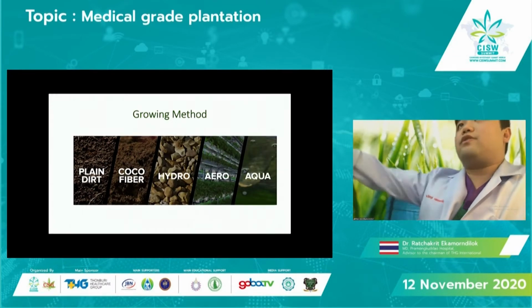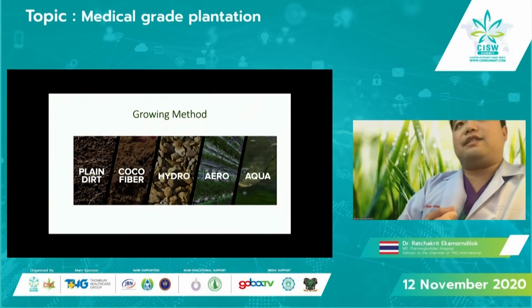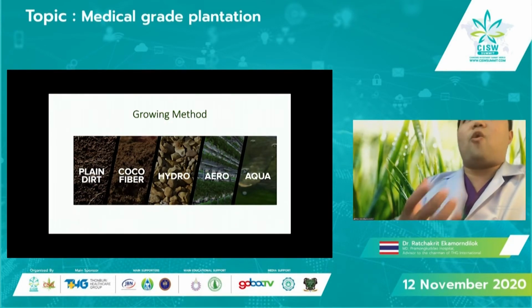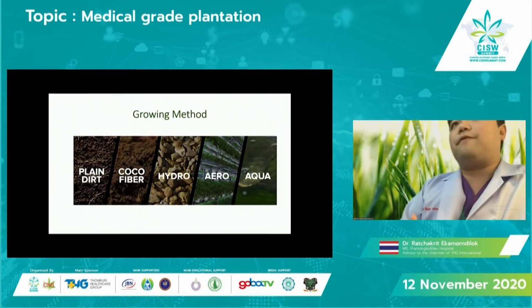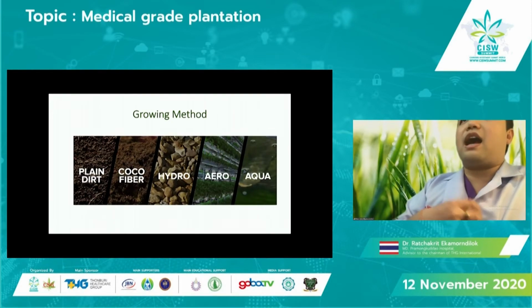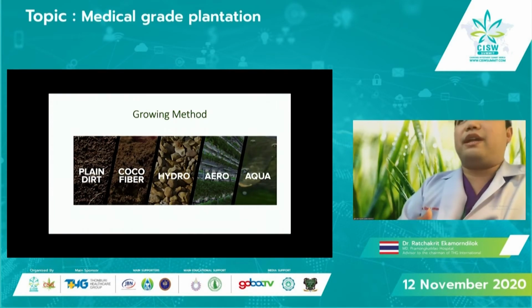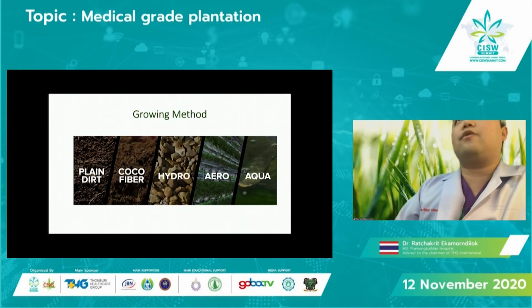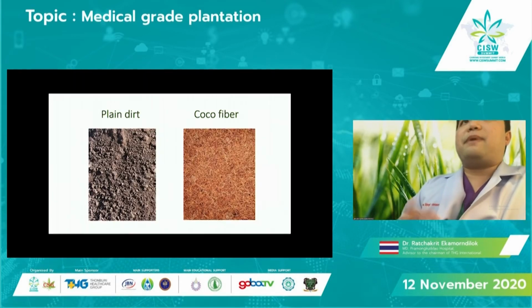The next one is the growing method. What you choose for the growing method is, you can grow on soil, in a planter, or in coco fiber. You can grow in hydroponic, aeroponic, and aquaponic. This time I'm not talking about aquaponic growing. It depends on what you like. A planter or coco fiber, they both have benefits, both have costs,